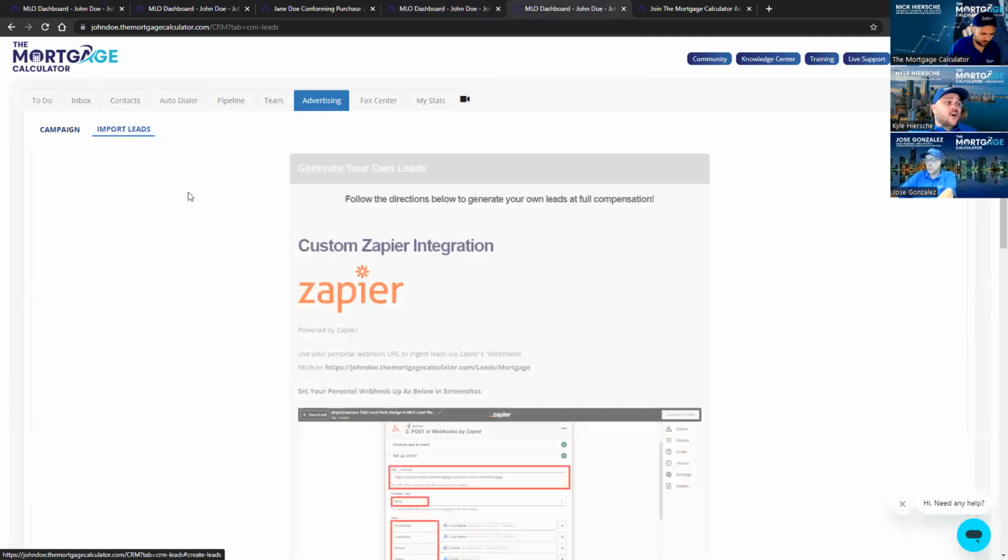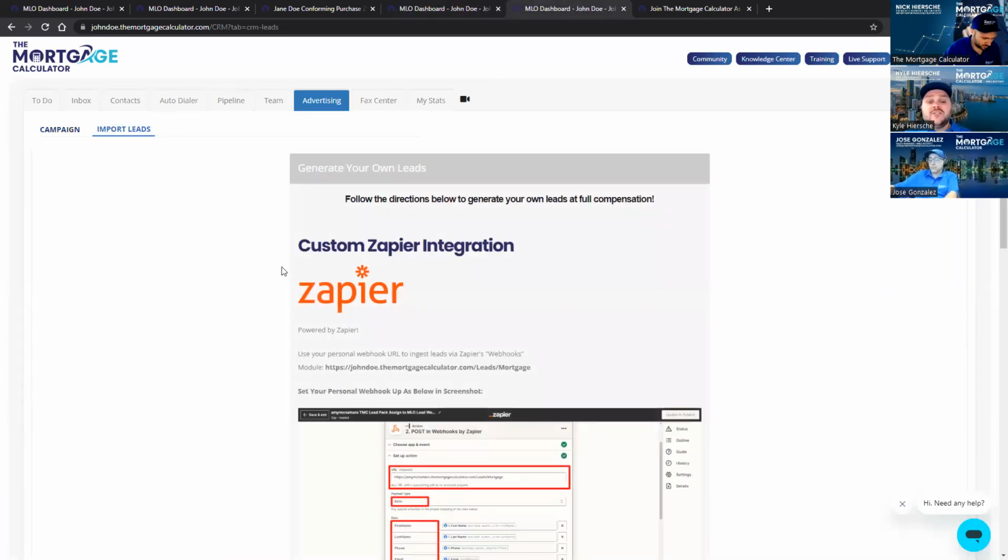Now, you can also import leads from anywhere else that you purchase leads. So if you already purchased leads from, you know, Zillow or Free Rate Update or someplace like that, you can use your webhook that we gave you here, and using the Zapier connection, you can import them into our CRM in real time. That way, when you get a lead coming in from that source, it automatically goes into our CRM, sends you the email and text from our CRM, so you can call them and quote them and gather their documents and application, do everything here in the system.